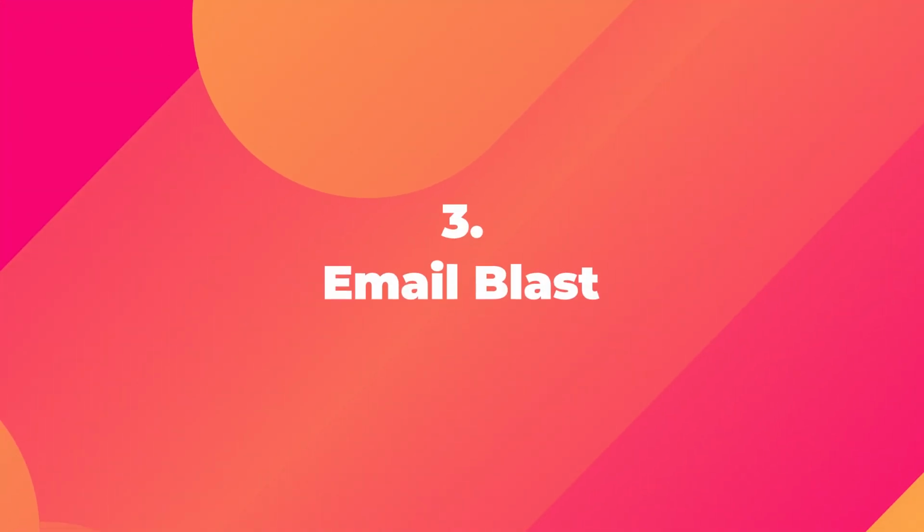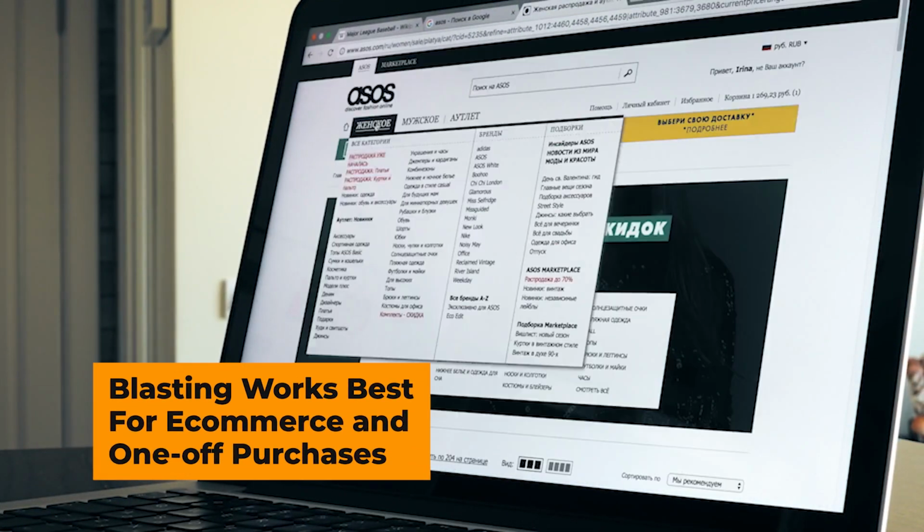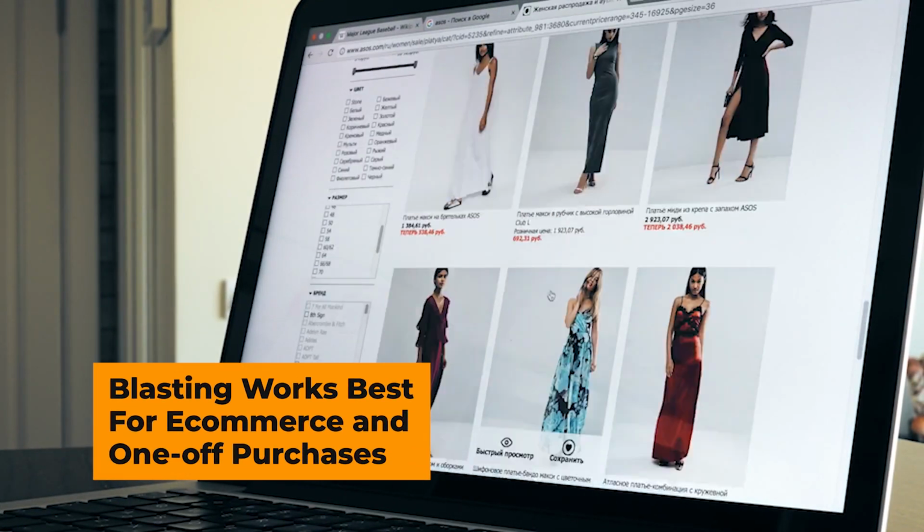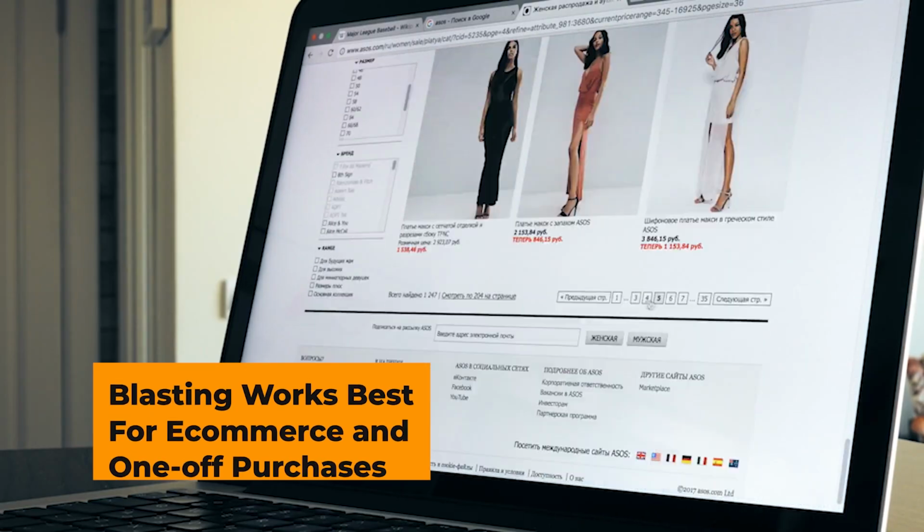Now, the third strategy is the blast approach. This involves frequently sending promotional offers to your email list. Now, this is a strategy that you oftentimes see in e-commerce, software companies, or more transactional one-off purchases. The thought is that consistently presenting your subscribers with enticing offers and deals will ultimately drive more sales. And for something like e-commerce or software, you really wanna strike while the iron is hot. It's not about building a year-long relationship with someone, and there's only so much value you can provide for an individual product or a software. Instead, you're hitting them again and again and again in order to take action.